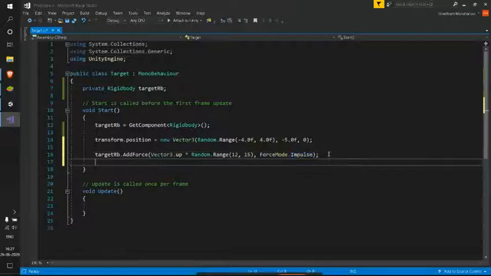So next, coming to the torque. See, forces will make a body move in a particular direction, whereas torque will make a body rotate. Torque is nothing but rotational force. It will not change a particular game object's position. Torque will only change its rotation.